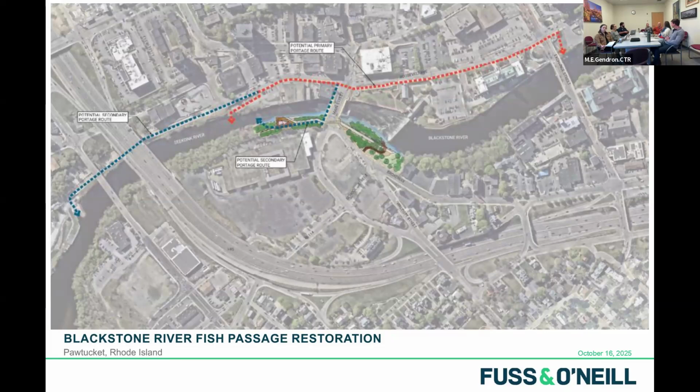I think you can draw some lines and say, oh, by the way, here's an opportunity to further refine and go into a design for portage. Specifically on these parcels though, I really dislike the river right option because it's incredibly far. And I know that taking out right above the dam is really hard. I think in an ideal world, we work with PRA and we get an easement to go on the parcel that's just north or east, 300 feet up from the dam. Right, I think that makes the most sense, and you're staying on river left, so maybe we don't worry quite as much about the upper parcel,